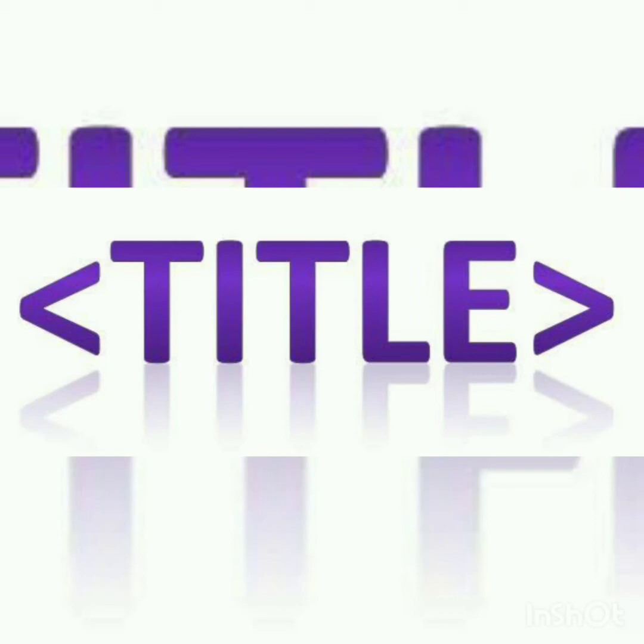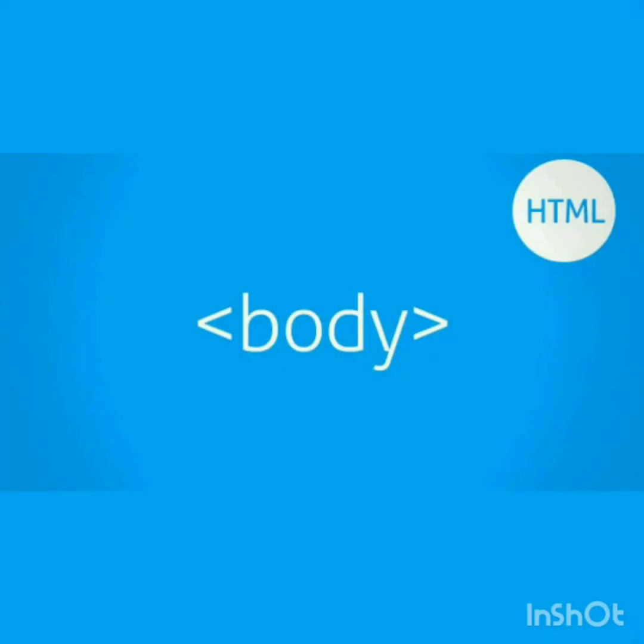Say for example, web browser examples will be Internet Explorer. Clear? So the next, after the title tag, is the main tag that we're going to learn about. That is nothing but the body tag. So what is this body tag used for? Say for example, you're creating a web page for a school. You're advertising the courses available in the school, then you'll have to represent it inside this body tag. The main aim of having a body tag is it is going to help you to give the content of the web page.